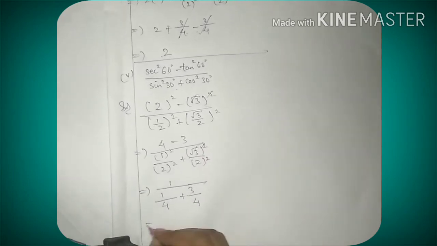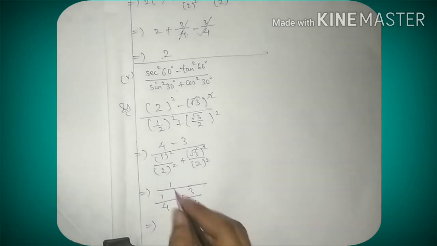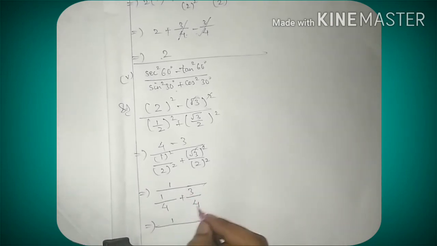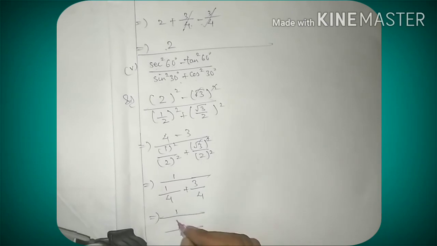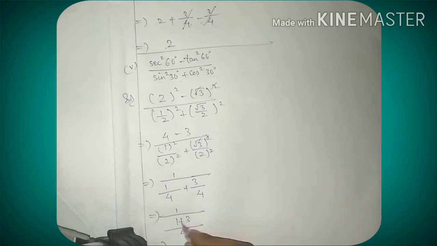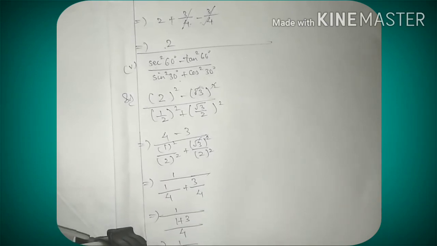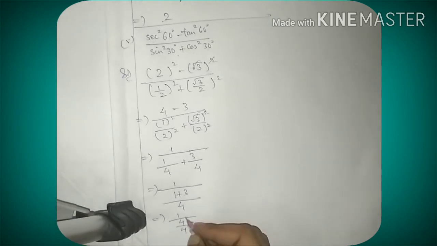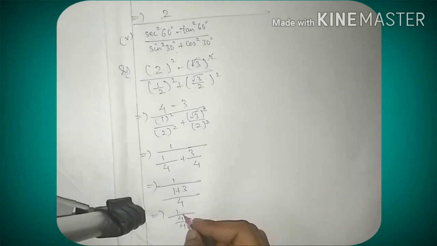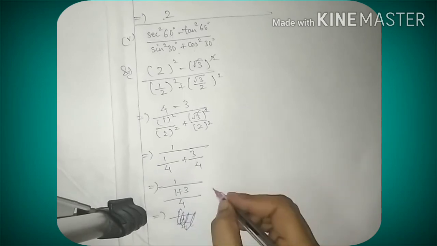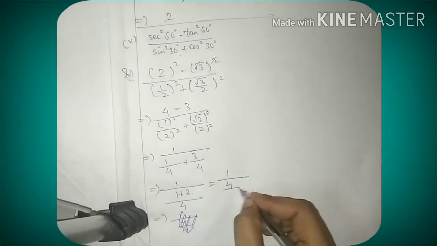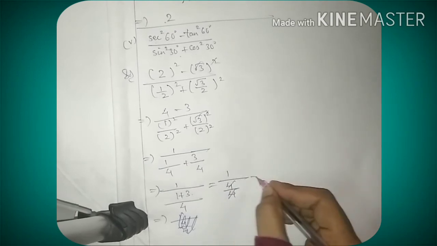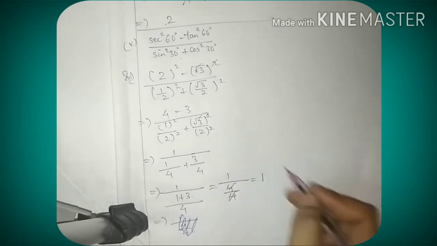Now the denominator is 1 as it is in the numerator. Here we are taking common denominator since denominators are the same. Now 1 plus 3, we can add the numerators. Now 1 plus 3 is 4, 1 by 4 by 4. Again I'll write over here, equals 1 by 1 plus 3, 4 by 4. 4 gets cancelled, 1 is the answer. For the fifth one we got 1.